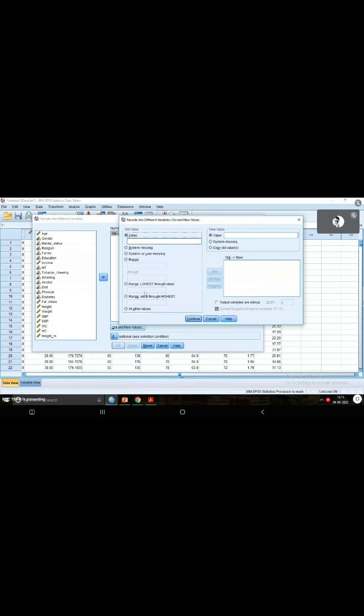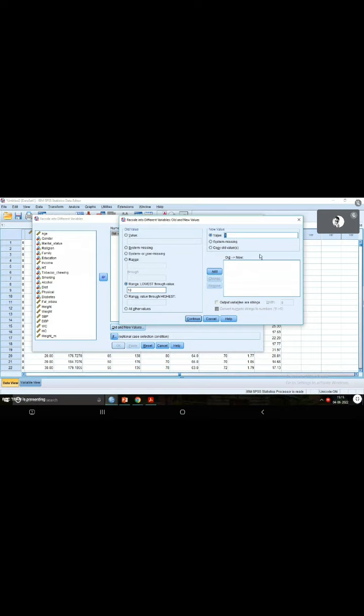Okay, so you already know that if the value of BMI is less than or equal to 18, then you can consider the person as underweight. Okay, let's say it's like that. So here, Range: Lowest through, this will tell you that if the person's BMI is less than or equal to 18, then the person will fall in category 1.